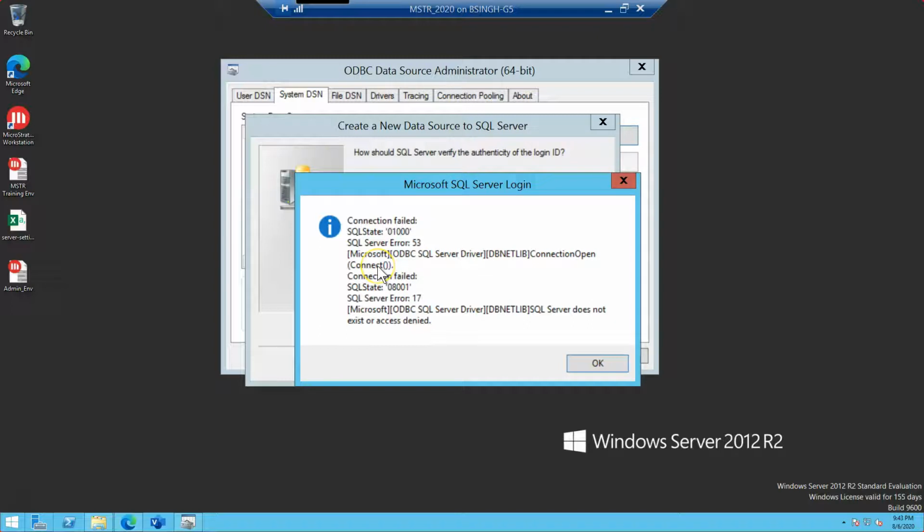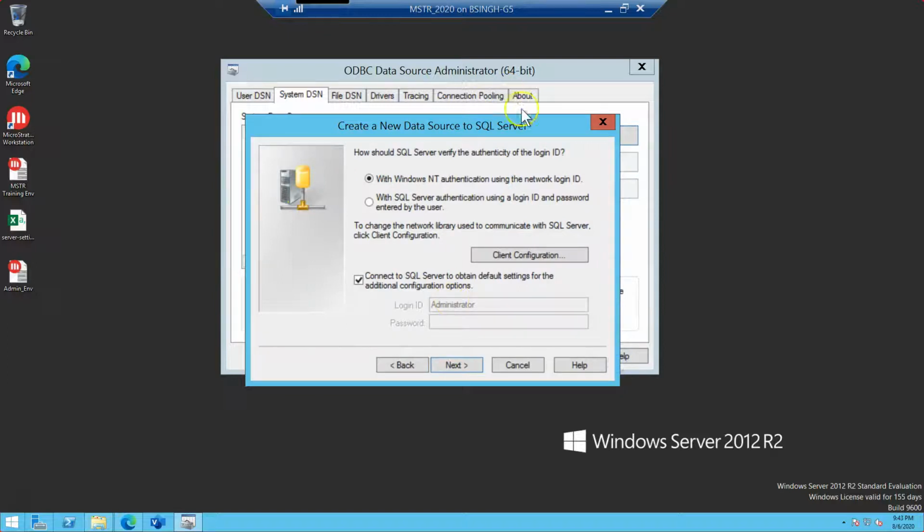Let's suppose you put in the wrong password, or you haven't entered the correct DSN or database instance name, so you will get a connection failed error. You will get an exception error like connection cannot be opened, or access denied or something. That's a generic error, so you have to troubleshoot and fix those errors. Okay, that's the process of how you can create the ODBC connection for your MSTR environment.